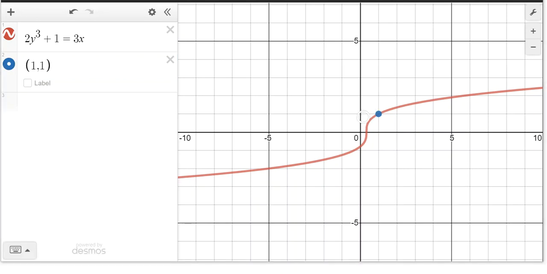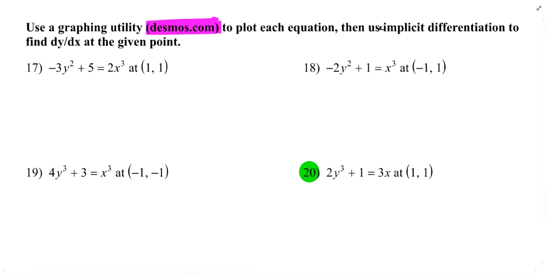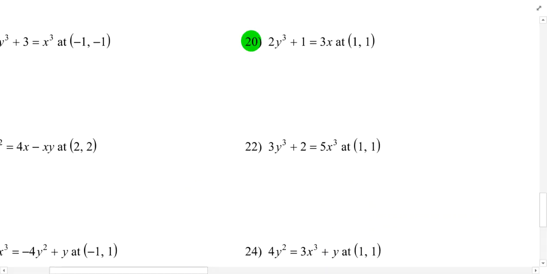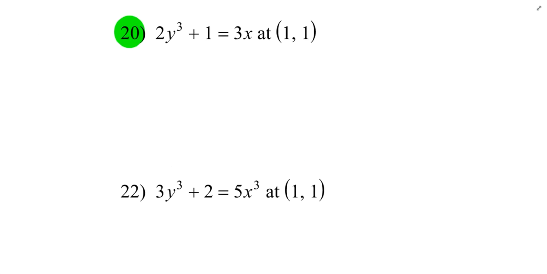So you might be taking a guess right now, trying to figure out what the slope is there, but why guess when you've got calculus on your side? Let's go ahead and use implicit differentiation to find the slope. And I guess that's all that the instructions ask for, but I might find the equation of the line just for extra measure. So the differential for this particular example in terms of x would be 6y squared dy/dx